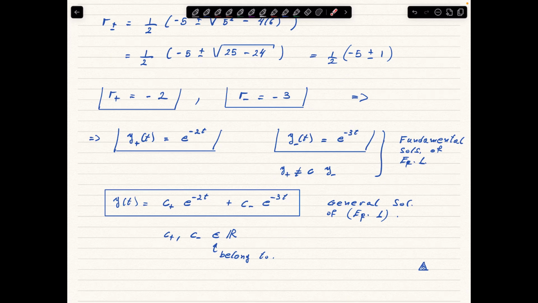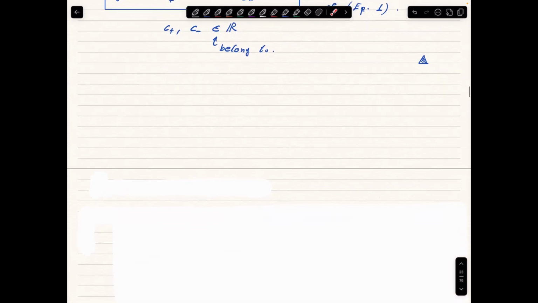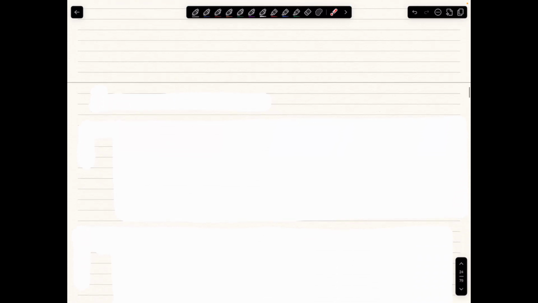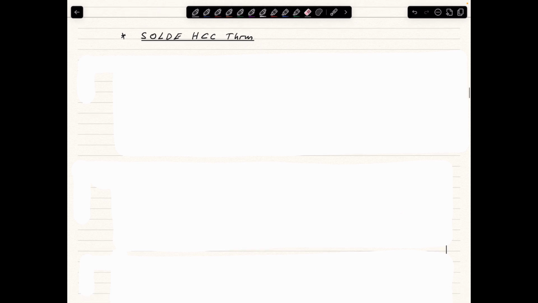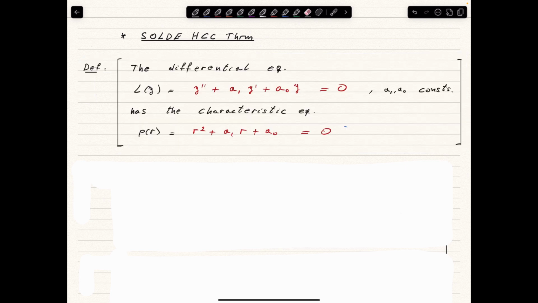Now the calculation we have done in this theorem is essentially the main part of the proof of the following result. In other words, we can summarize the calculation in the previous examples in the following theorem. Before the theorem, we need an important definition, and the definition is the differential equation